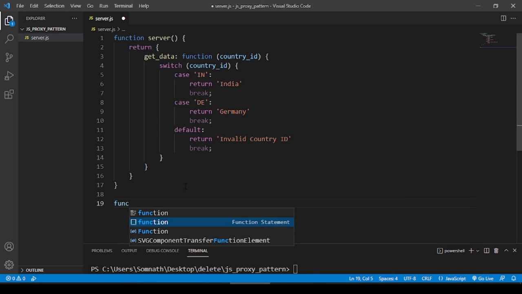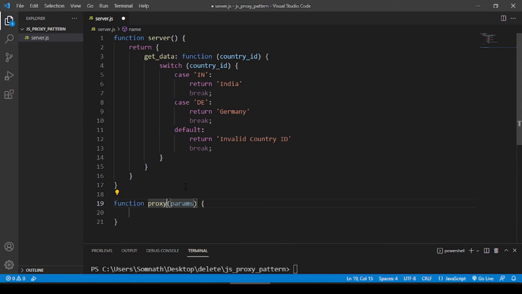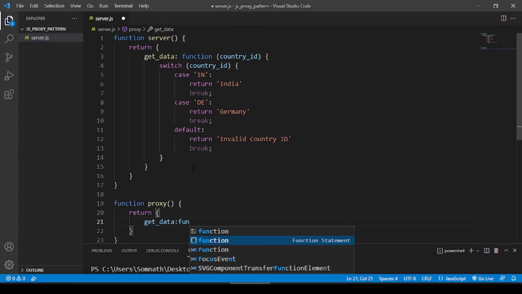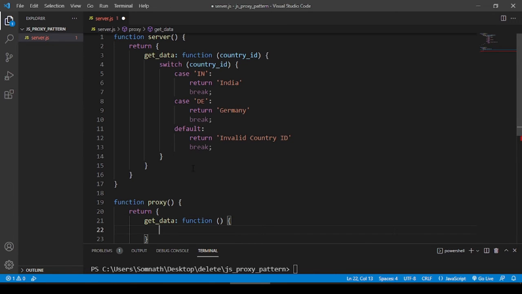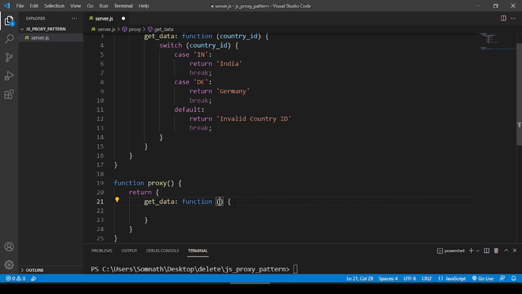So similarly we will create a proxy, and now for the proxy also we need to have the same kind of a signature. So let's open an object and we put get data function. Now this get data will also need the same input as country ID. Let's do a little validation. We'll write first, and we'll say like if